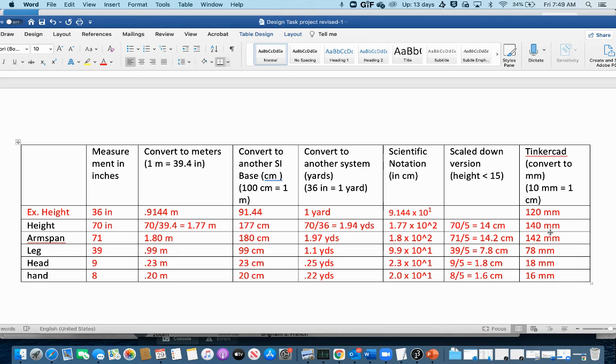Okay, so you're going to use these measurements right here in Tinkercad. I have a different video for Tinkercad, but if you were a little confused on this chart, this is how you fill out this chart. Okay, you can take a screenshot of this and then just put this into your second slide of your PowerPoint. If you have any questions, please